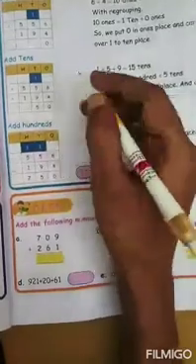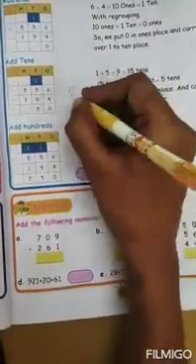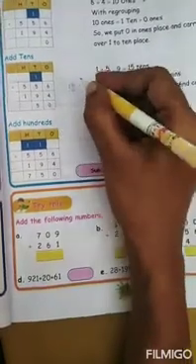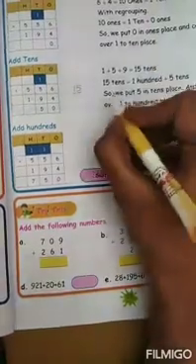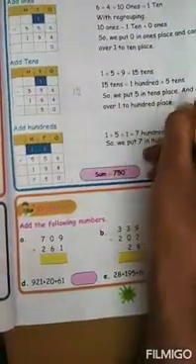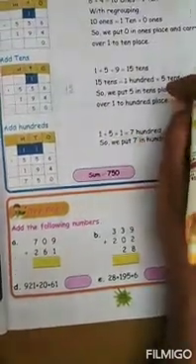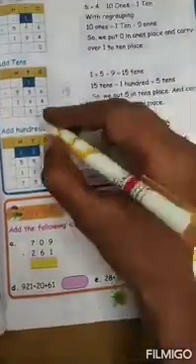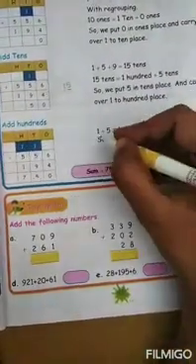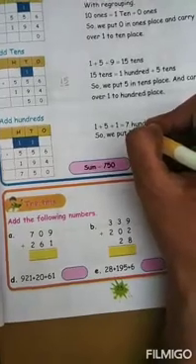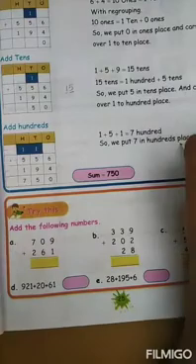Always, the number which is in ones place should be written down, and the other digit should be carried over to the next place value. Okay, so we put 5 in tens place and carry over 1 to hundreds place. Then after carrying over, what will you get? 1 plus 5 plus 1. 1 plus 5 plus 1 will be 7. 7 in hundreds place. So we put 7 in hundreds place.